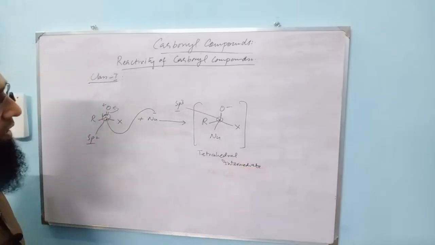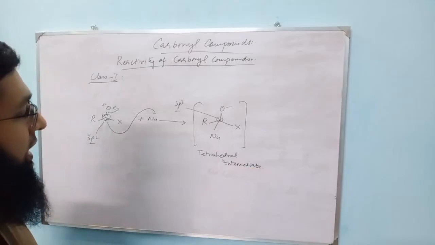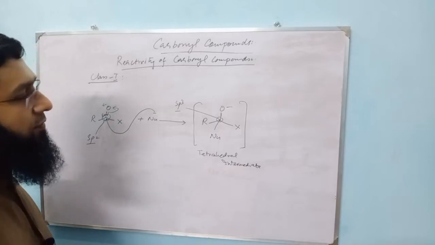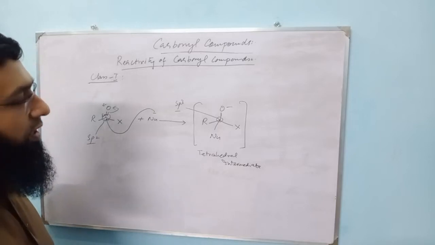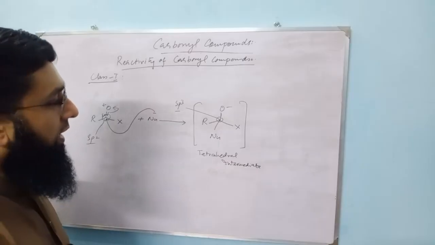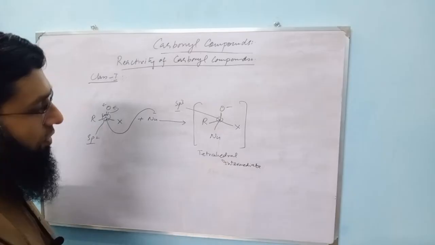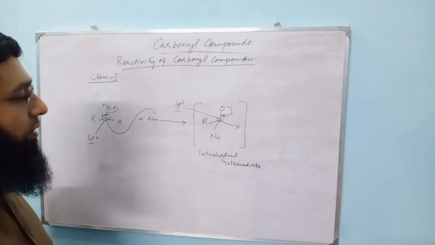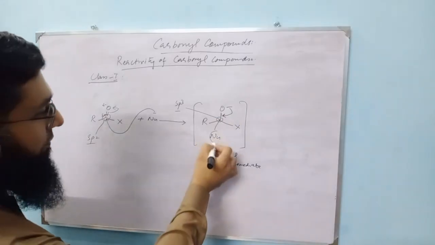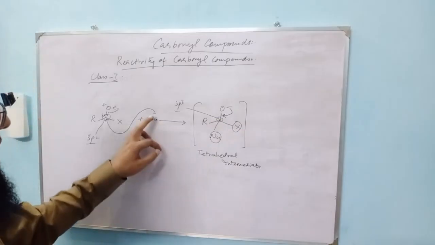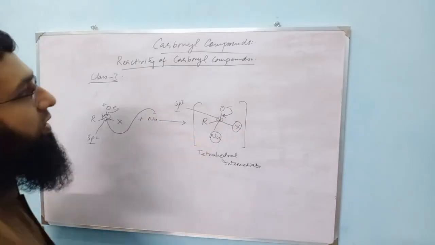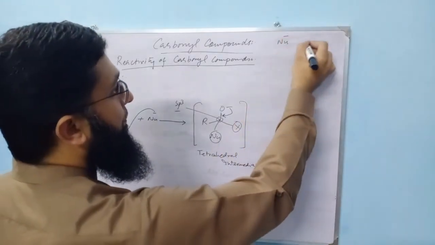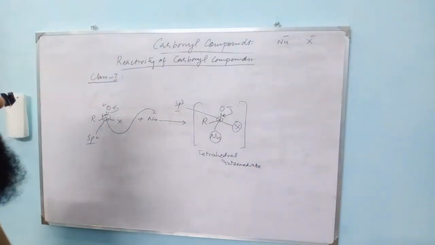Okay, now as a general rule, when an sp3 carbon is attached to oxygen and it is also attached to an electronegative group or atom, then this intermediate or this molecule is generally unstable, and as a result it collapses. So in this case also this intermediate would collapse, and this negative charge would come back to make a pi bond, and now we have these two. This nucleophile having negative charge is also a base basically. So we have this base and we have X also as a base.